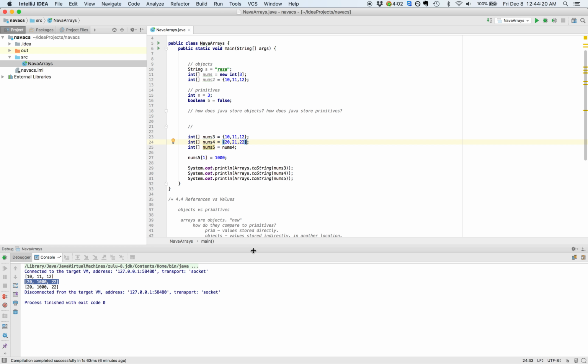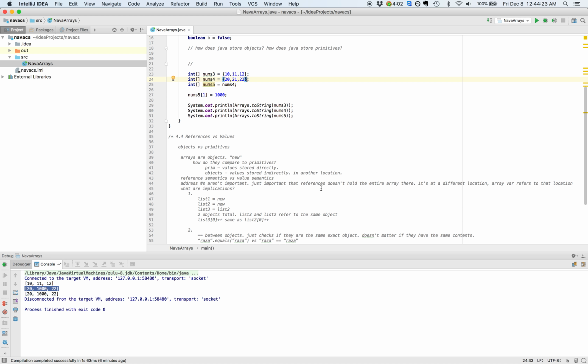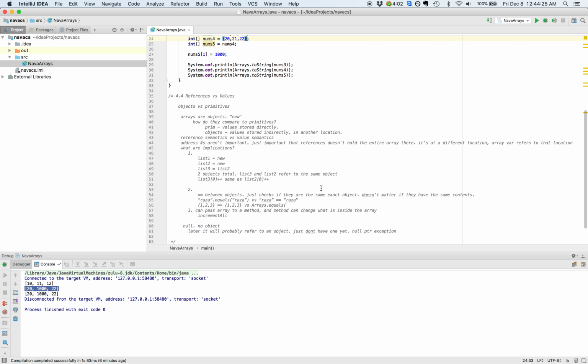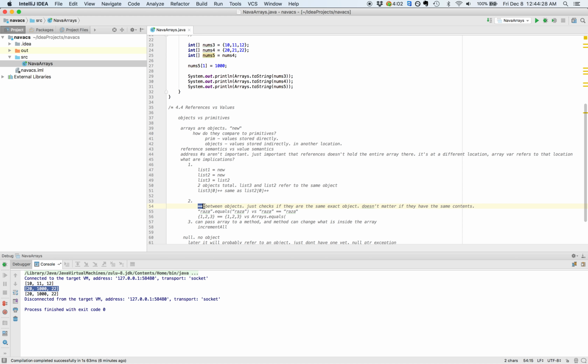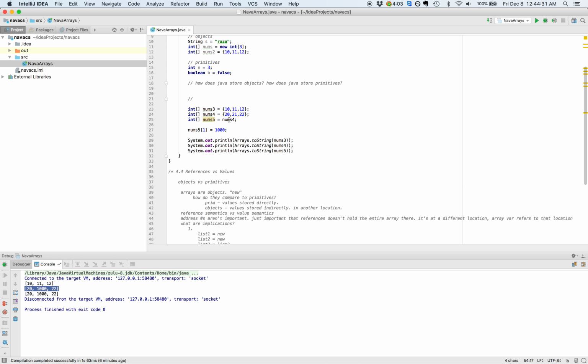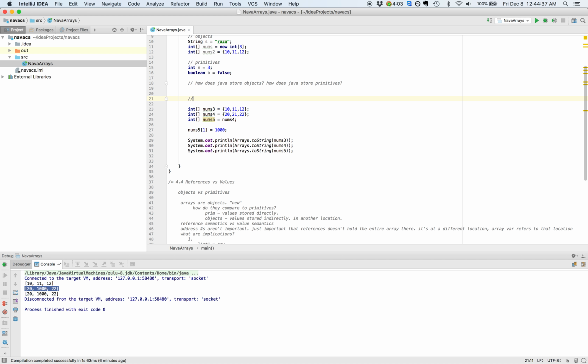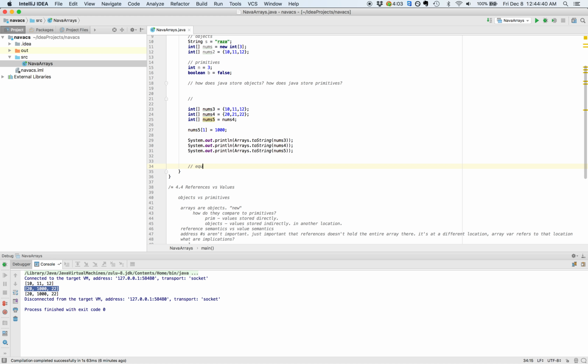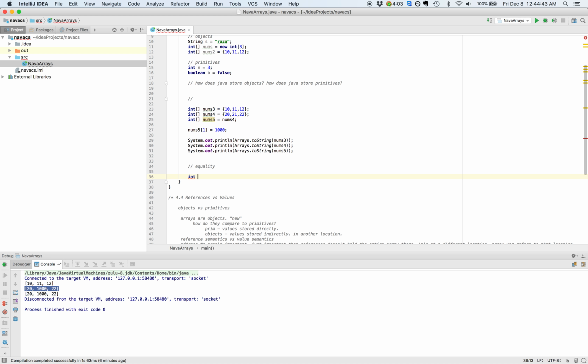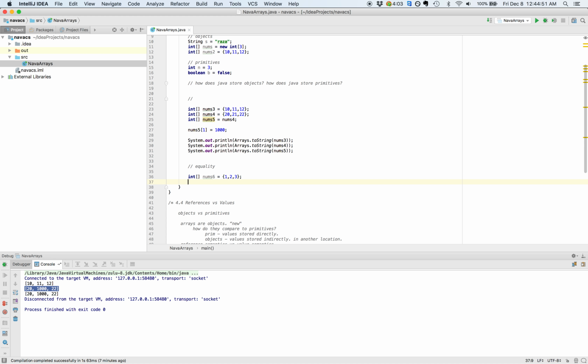So what else? Why else are references important? You could look at equality. So equality. So if you had nums6 equals 1, 2, 3, num7 equals 1, 2, 3,